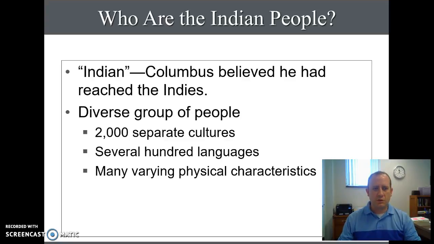And so, of course, we always hear about Christopher Columbus discovering the New World, which he didn't discover. He simply reignited the imagination of people about the New World. Columbus believed he had reached the Indies. He was trying to get to India. As we know, he was unsuccessful. However, what he did find was a very diverse group of people settling the American continent. Again, very different from each other.